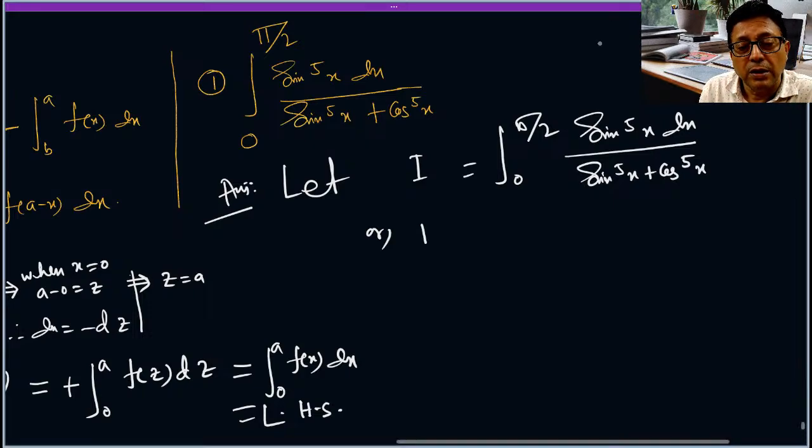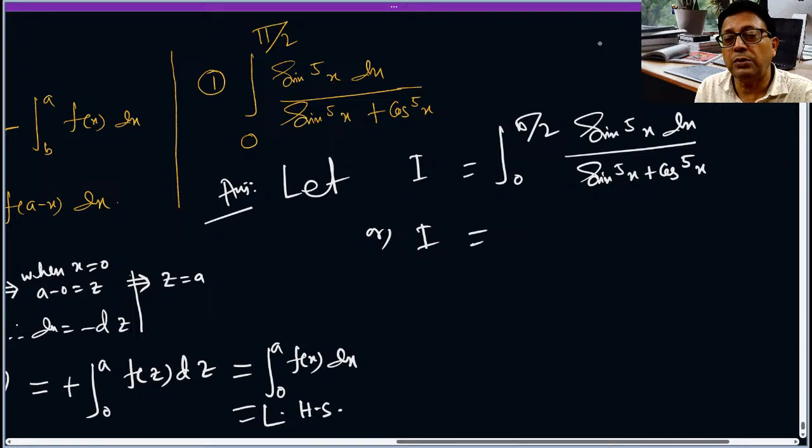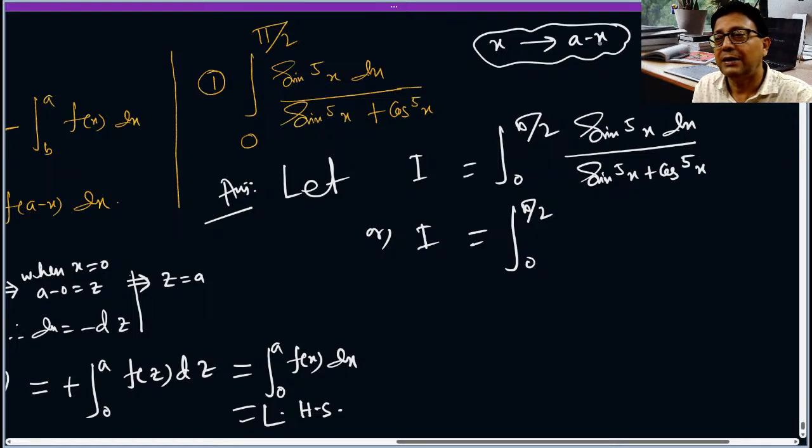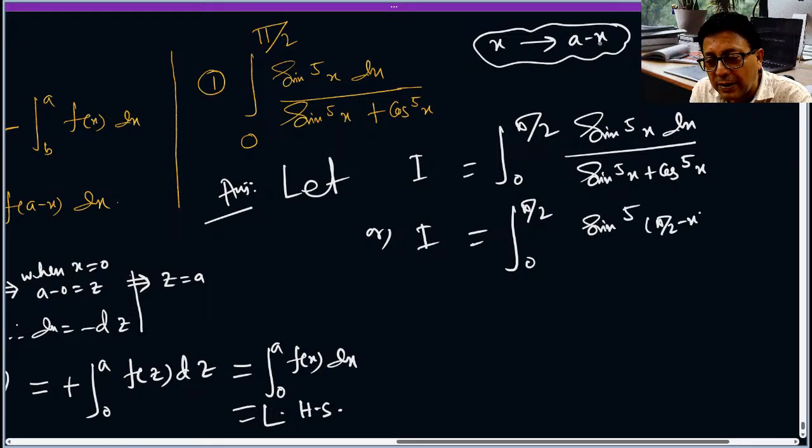So I equal to, what to do here? x will be replaced by a minus x, isn't it? So this you write sin⁵(π/2 − x) dx divided by,